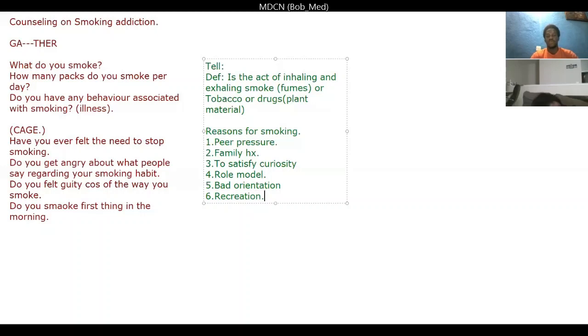So you have to explain to the patient. There are other reasons, but this is enough. You don't have much time. You only have less than 5 minutes in that station, so you need to do it very fast and move. You understand, doctor? So the next thing you want to talk about is